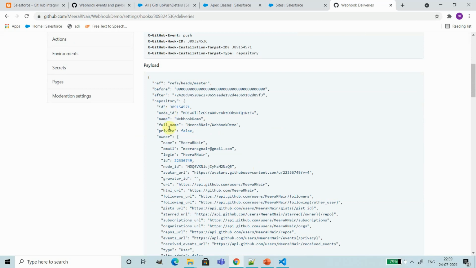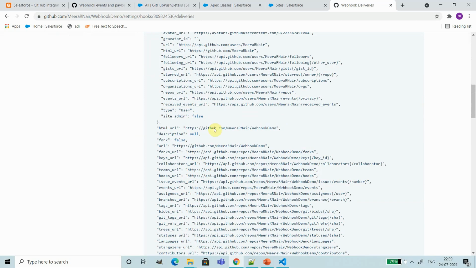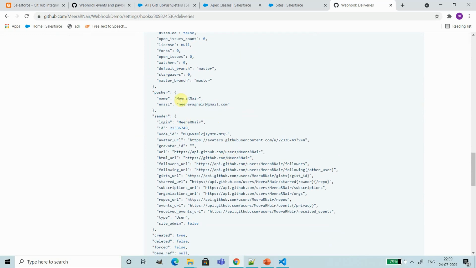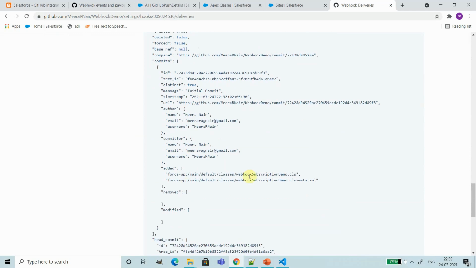In the payload, you will have details like the owner, the repository URL to which we pushed the content, then the pusher details, who pushed the components to the repository, the sender details, and also all the details related to the commit, like the timestamp, author, and the details of the component which is added.